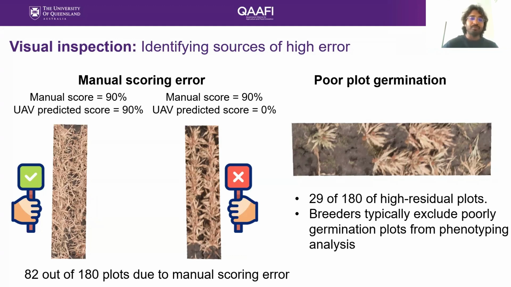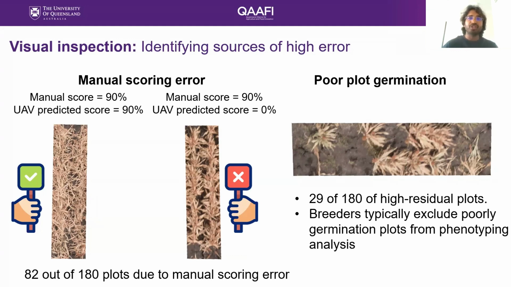In practice, in breeding programs, breeders would usually remove those plots from data analysis because poor establishment can compromise lodging assessments. After identifying these two sources of error, scoring inconsistency and poor germination, I wanted to test whether